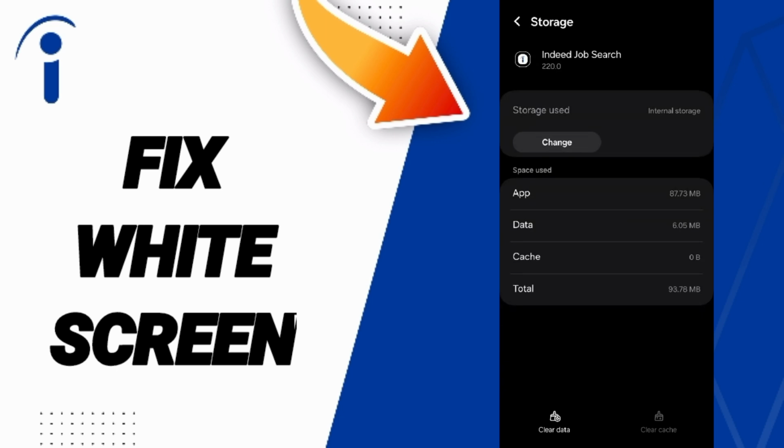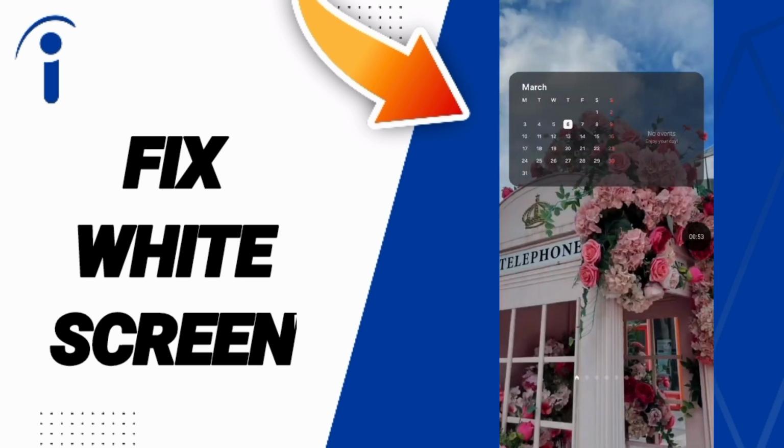Then here we click on clear cache. In the end, you will turn off your phone and restart your phone again, so please don't forget to